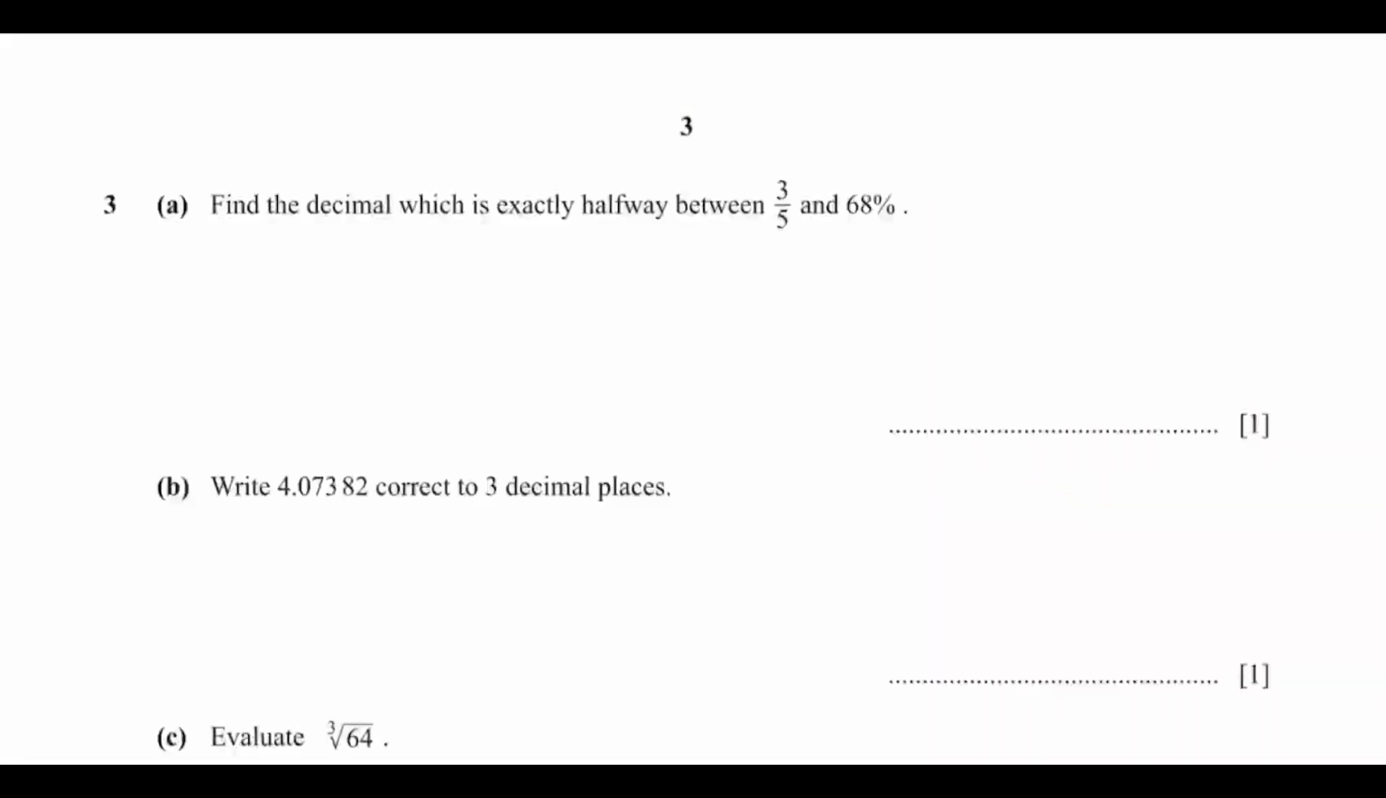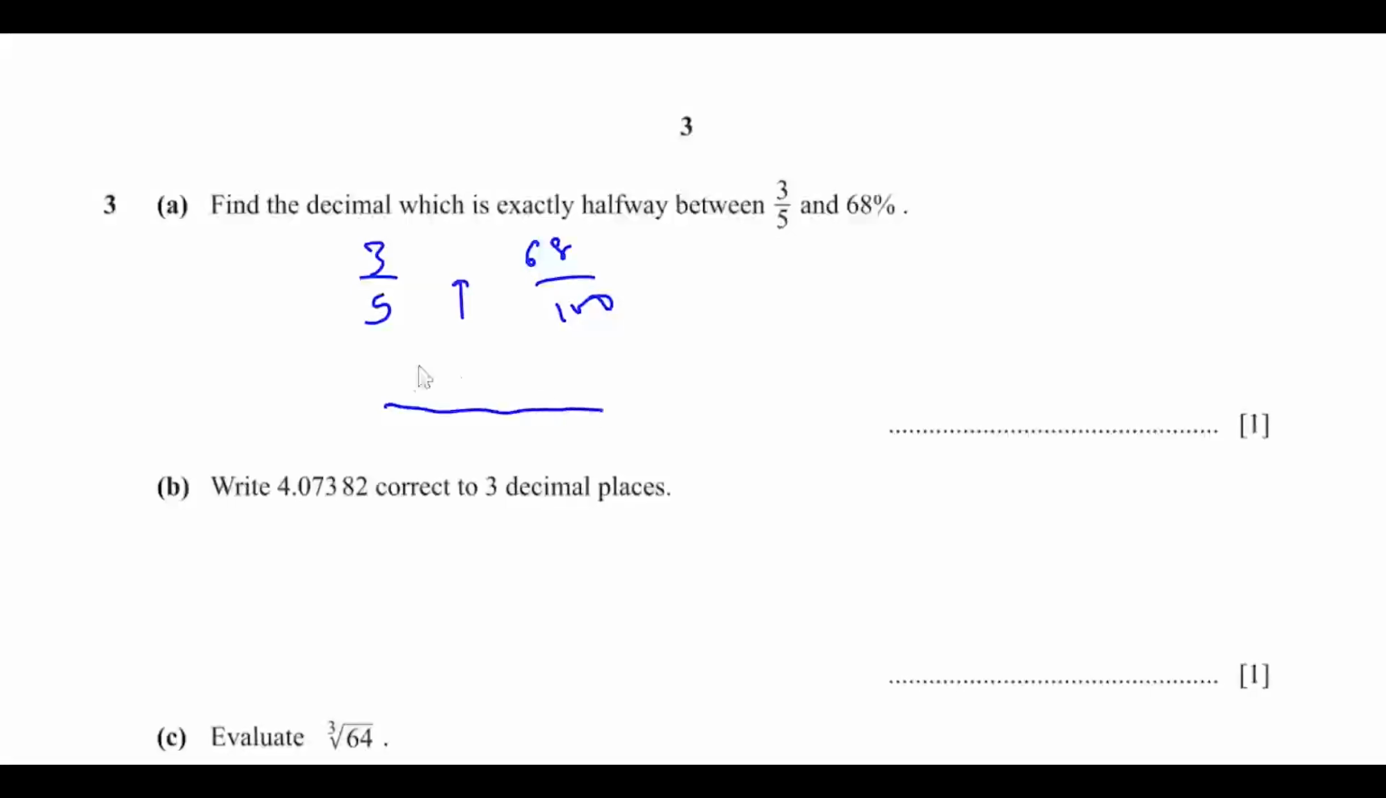That will be question 3a. Find the decimal which is exactly halfway between 3/5 and 68%. So 3/5 is this, and 68% is the same as 68 over 100. So we need the mid number. Okay, so to get the mid number, you have to add these two together and divide by 2. Okay, so to do this, you can use any method of your choice to add these two fractions together. For me, I'm going to use